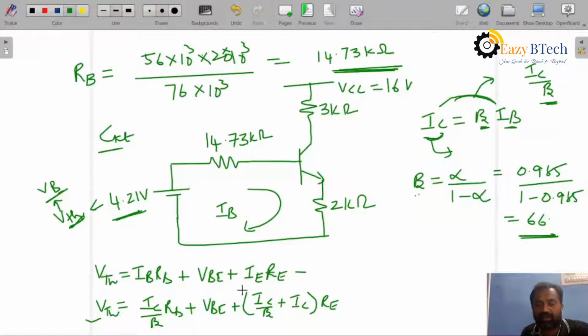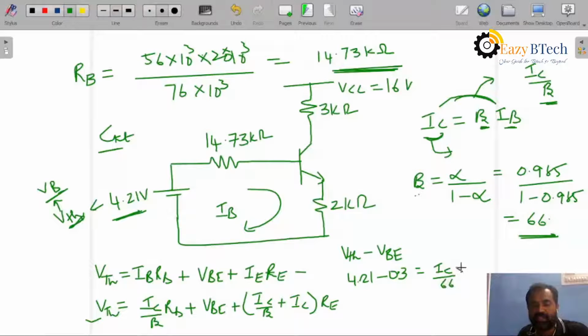Now by substituting all these values, we will write this expression as V Thevenin's minus VBE. We know 0.7, that is 4.21 volts minus 0.7. Germanium means 0.3. Germanium means VB voltage 0.3 is equal to IC. Beta we know, beta is 66 into RB is